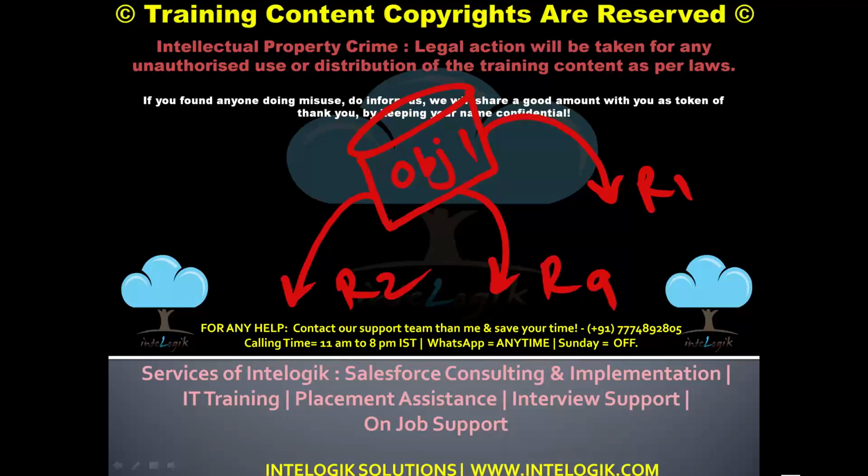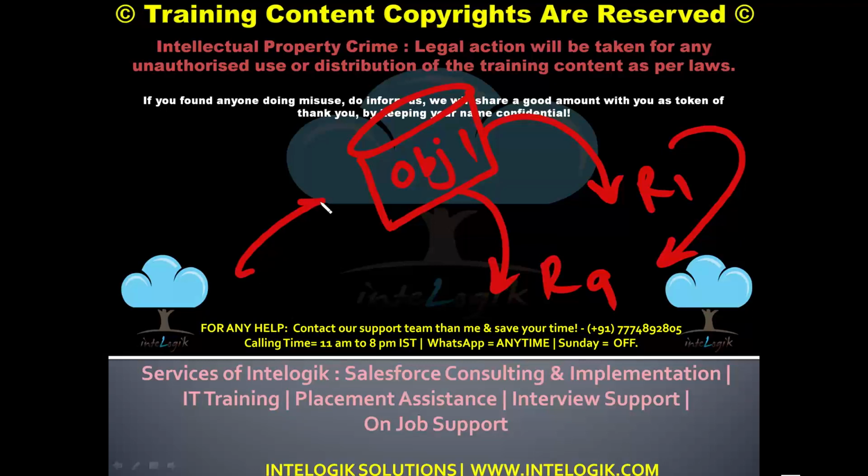So please note, this record we can connect with another record of the same object. Record number 1 we can connect with another record of the same object. This kind of relationship, where the object is only one but different records of the same object are connecting with each other, is called the relationship with only one object.